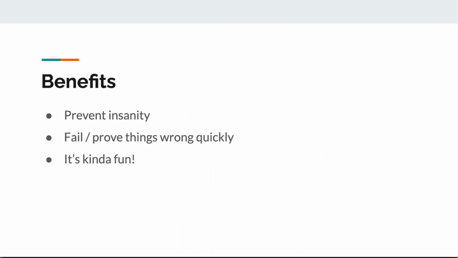Now that you've seen 3 examples, you can probably imagine how much it has helped me in keeping my sanity with some of the math and logic challenges that I was going through. Really, these proof of concepts were like a teacher who showed me what a math problem looked like in real life instead of it being merely theoretical in my head. It definitely helped me to prove things wrong quickly and consequently avoid investing too much and wasting effort on the wrong solutions. And to be honest, doing the proof of concepts themselves is kind of fun for me, especially when I was feeling burnout or overwhelmed from constantly working on the game. These little POCs can serve as nice little rejuvenating distractions.